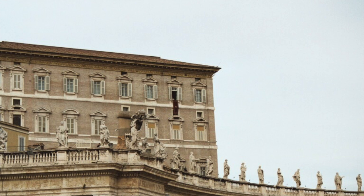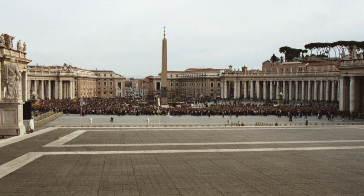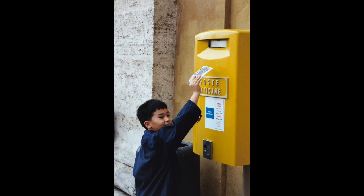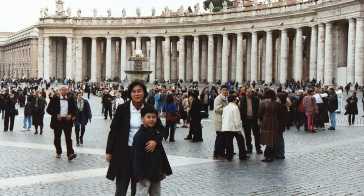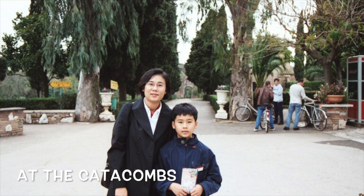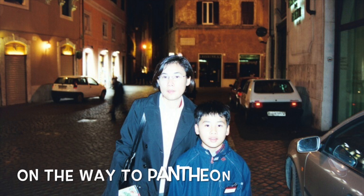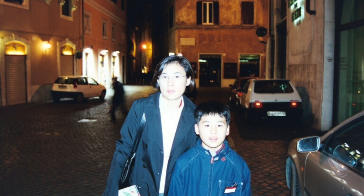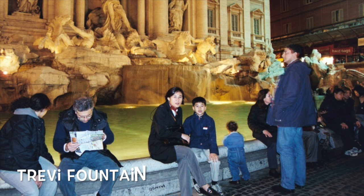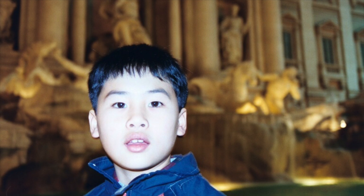Ti aspetterò, il fiore nel giardino segna il tempo, qui disegnerò il giorno poi del tuo ritorno. Sei così sicura del mio amore da portarlo via con te,